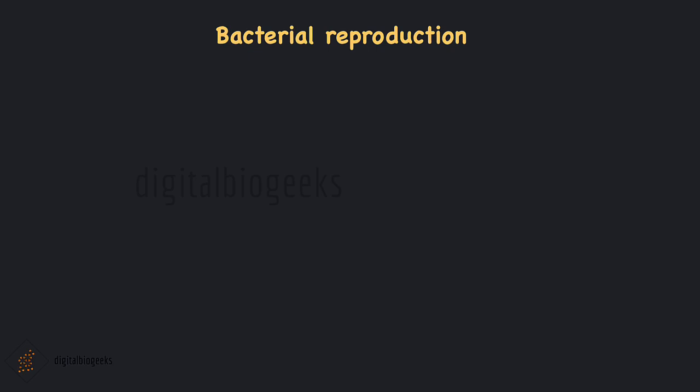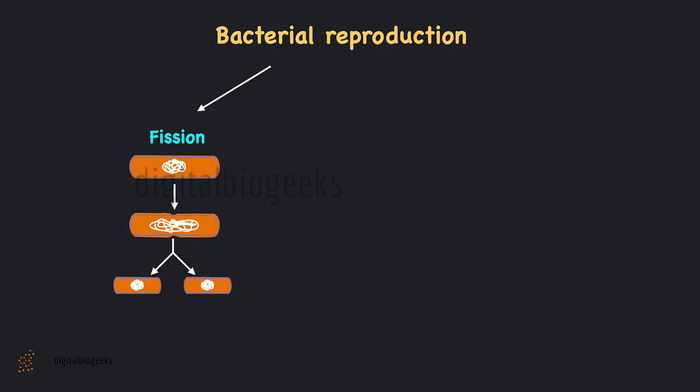Bacterial reproduction is mainly by fission, which is an asexual reproduction where one bacterium divides into two and each of the two halves carries one copy of the genetic material. There are ways to transfer the DNA of a bacterium into another one, which can be considered as a kind of sexual reproduction. There are different methods for this, but we are considering only two. They are transformation and conjugation.